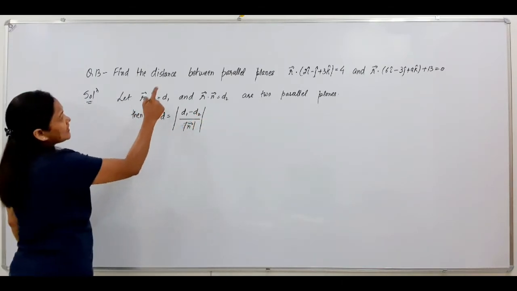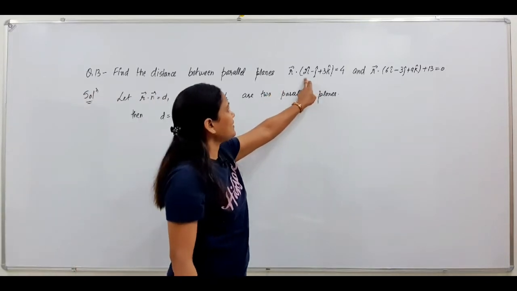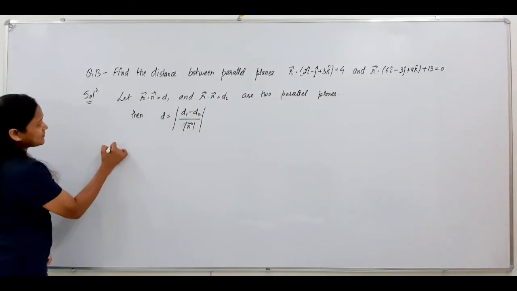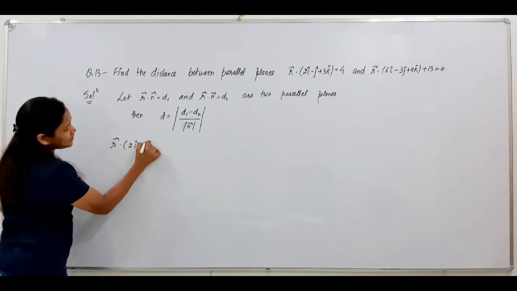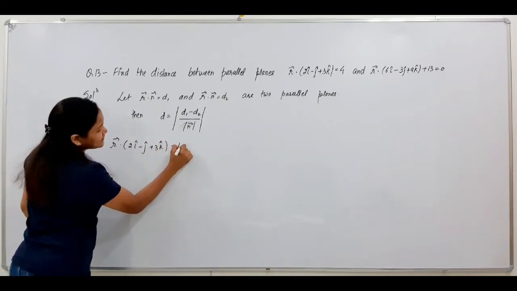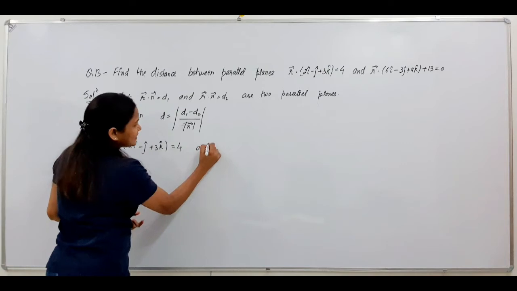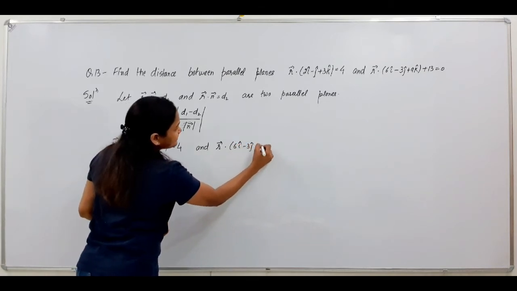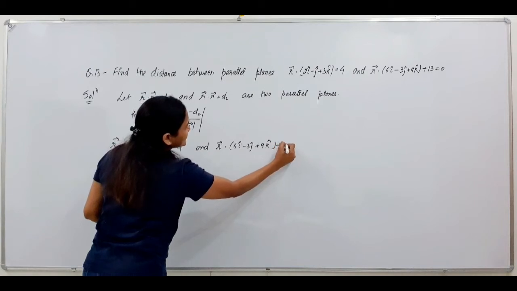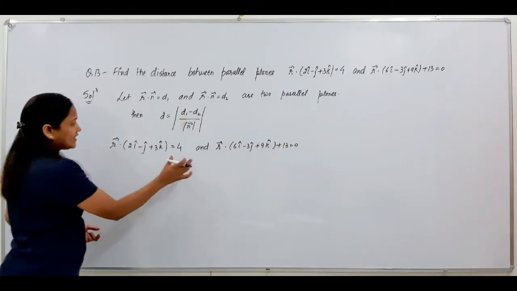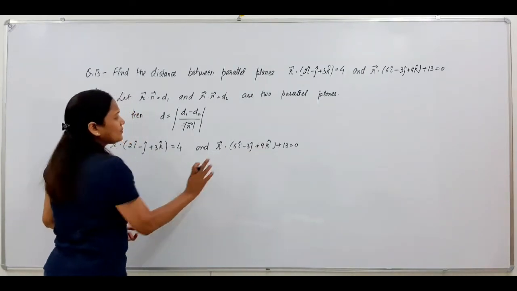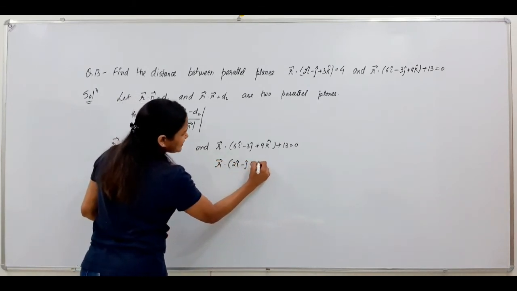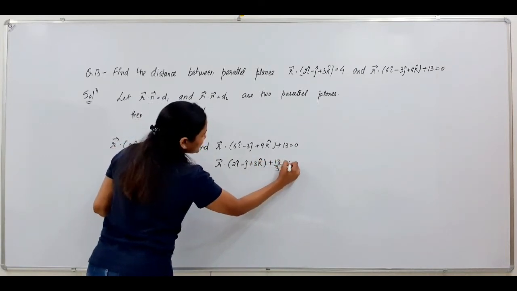Now let us reduce that. Here the normal vector of this plane and the normal vector of this plane are different, so let's reduce them to the same normal vector. This is your first plane and your second plane can be rewritten as, if you divide by its magnitude, first of all write it down, plus 9k plus 13 is equal to 0. So what you do is take 3 common from it and divide, then this can be written as 2i minus j plus 3k plus 13/3 is equal to 0.